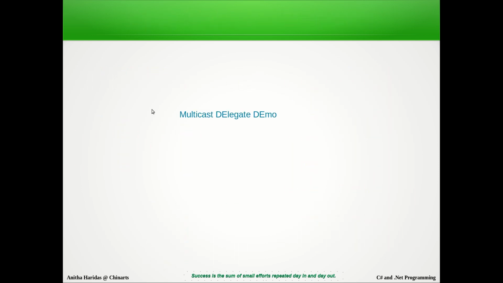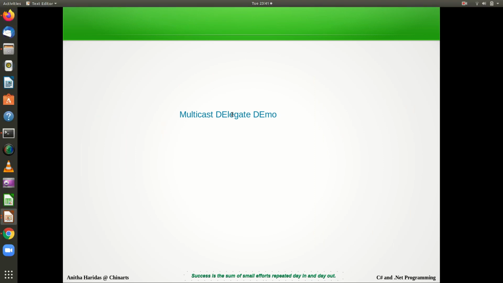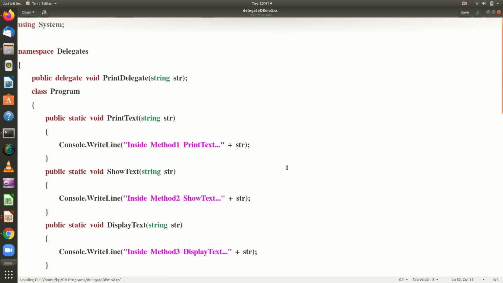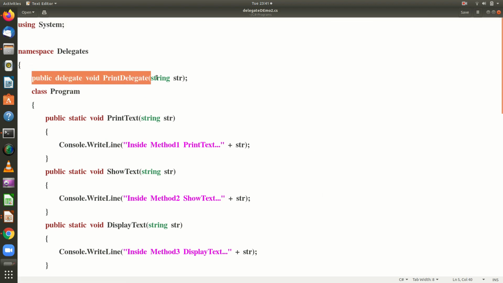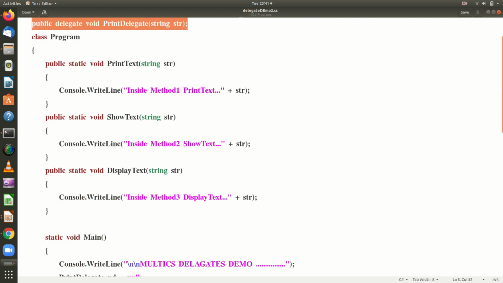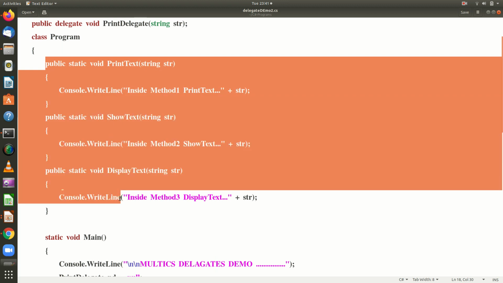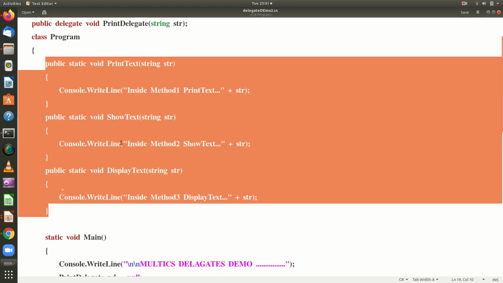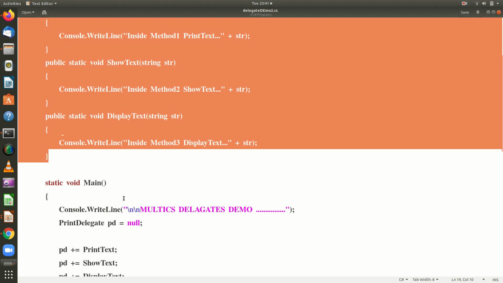So let us see the demo program now. The same example is now taken as the demo program. Let me open the program. Inside a namespace, I declare the delegate, and inside the class called Program, I declare the three methods print text, show text, and display text.